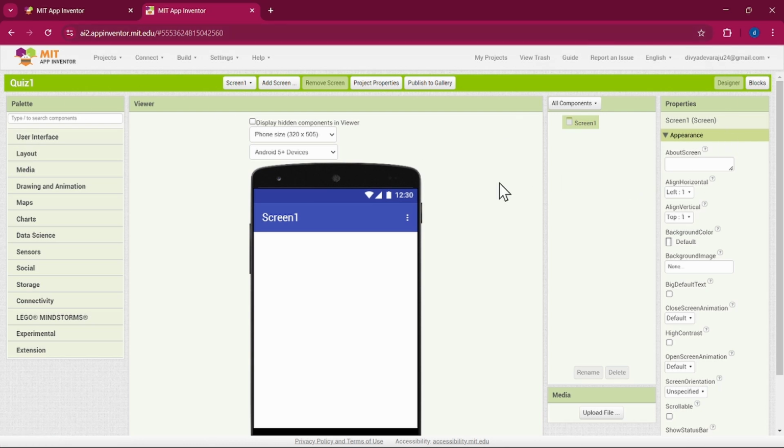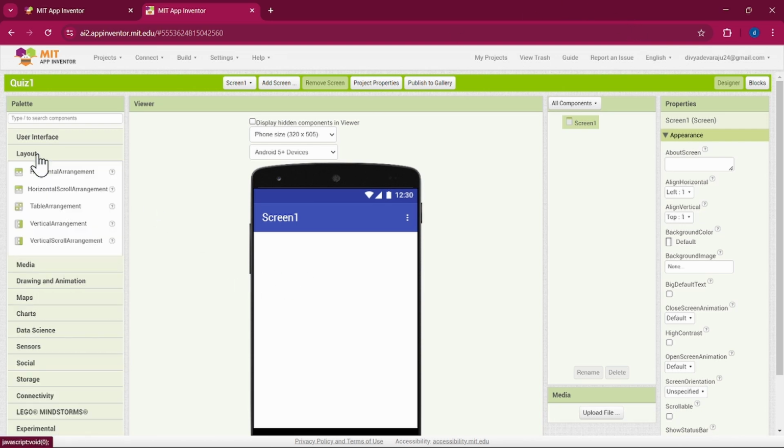So towards the right hand side we have the components and the properties for those components. So remember, we are on the designer mode and we would be creating the design. So now to begin with, we're going to be designing the user interface for the quiz. So now here I'm going to go down into layout and I'm going to create layouts. I'm going to say vertical layout,